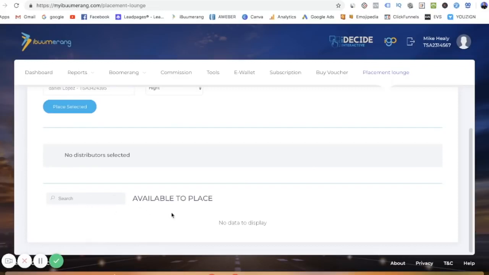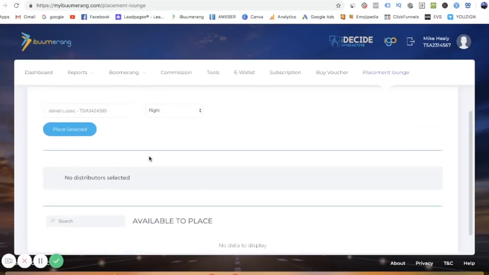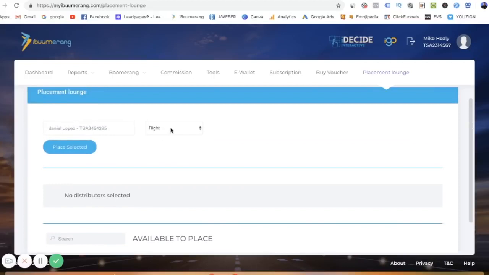Okay, you can search them out, and then on the left side, you're going to see a little place where you can click on it, and it will highlight that person. It will put them in this position right here, and then this tells you whether you're going to place them left, right, or auto place. Okay,